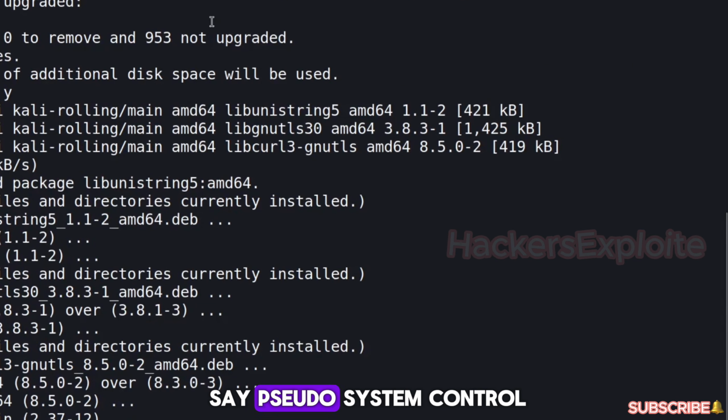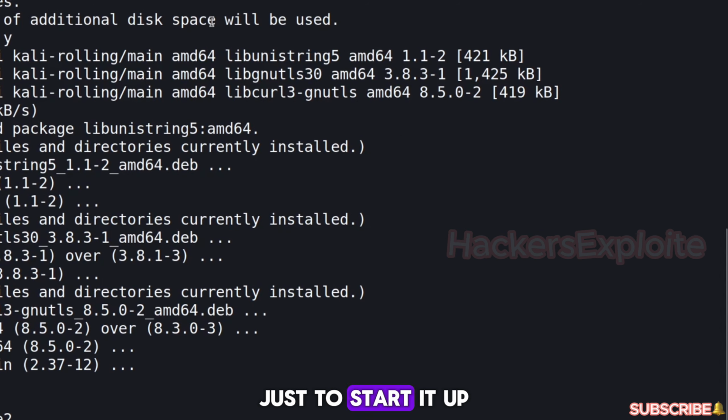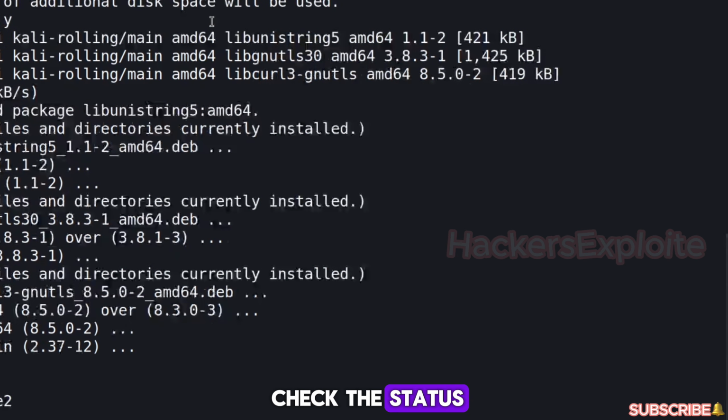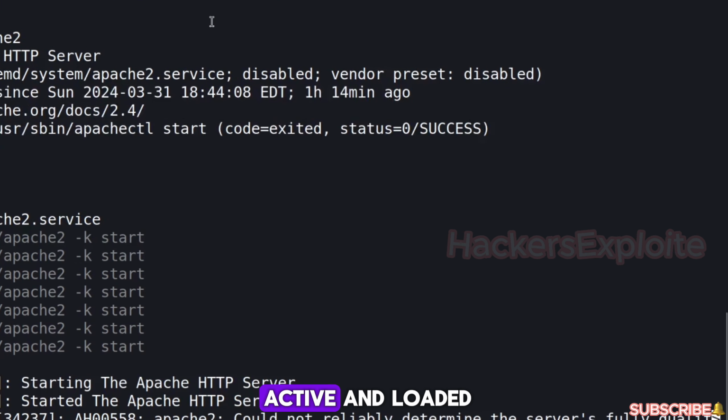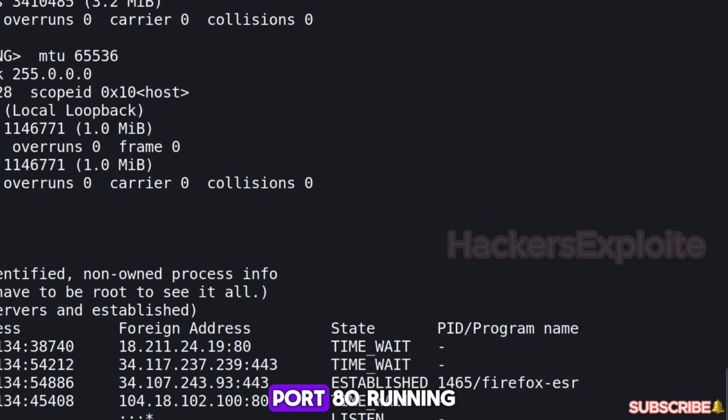There we are. So I'm now going to say sudo systemctl start apache2 just to start it up, and I'm just going to check the status. So there we are. You can see it's active and loaded. So you can replicate what I'm about to show you on any web server that again resolves to a domain. In my case, I'm just going to be doing this on my localhost or my Kali Linux IP, and you can see that my Kali IP is right over here. If I check to see whether we have port 80 running, you can see that it is running over here,